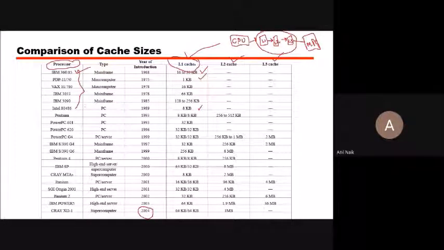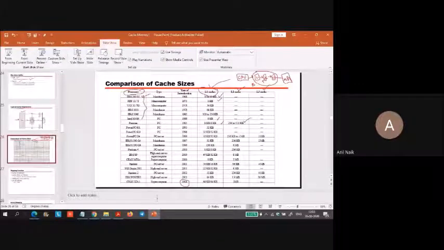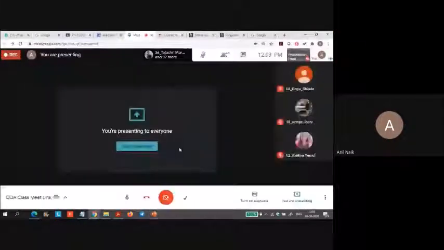Other processors have L1 and L2 memory, 8 KB and 256 KB. This is 8 KB and the second is 256 KB. Similar to that, nowadays even your mobile devices and computers have different types of cache memories. Okay,